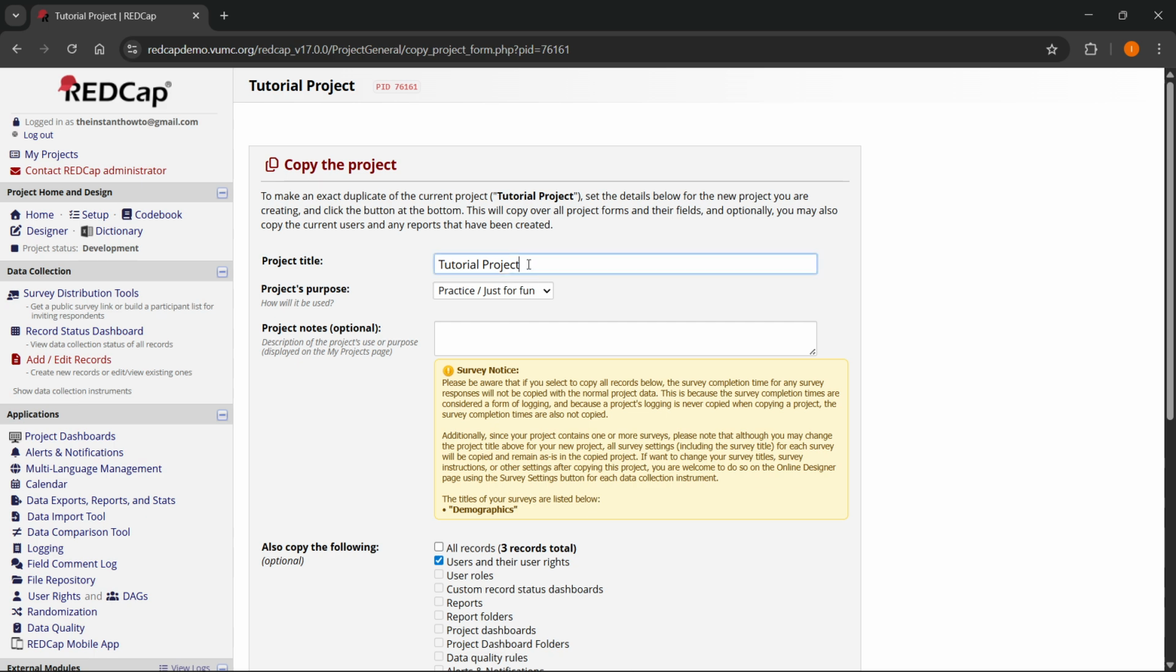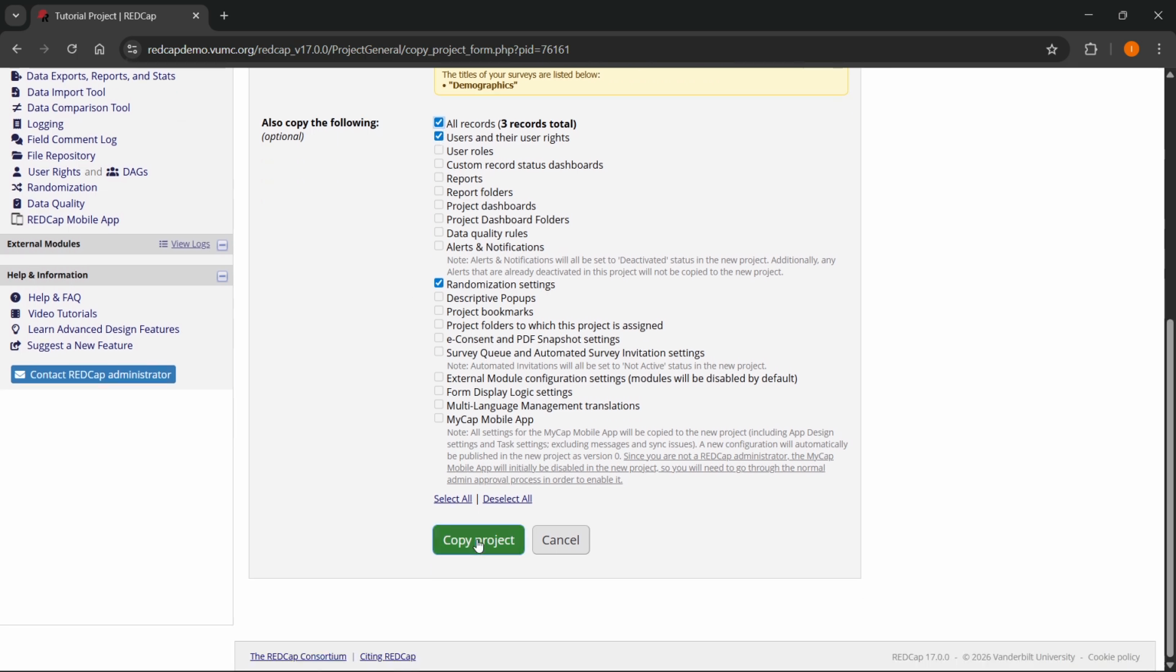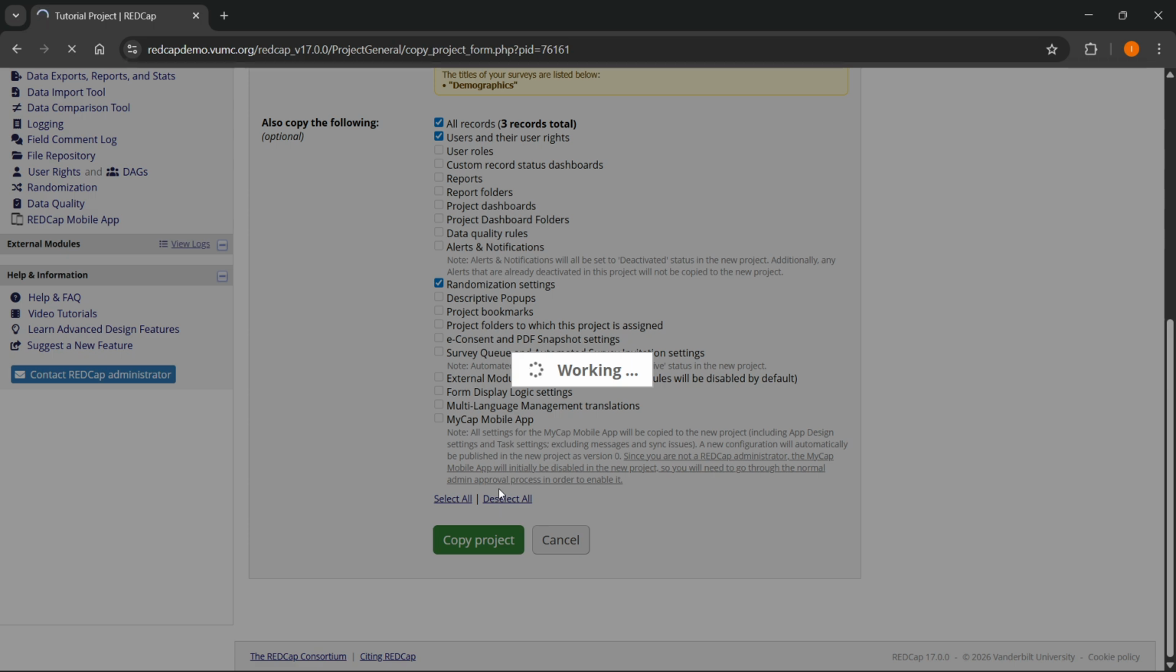And you can give it a name. I'm just going to name this one tutorial project copy 1. And then here you can, of course, set its purpose and notes if you want to, which is optional. And then down here, you can also optionally check what you want to copy. So it says also copy the following, and you can select what you want to copy, like records, users, roles, etc. Okay, I'm going to copy everything, click on copy project, and then it's going to load for a few seconds,